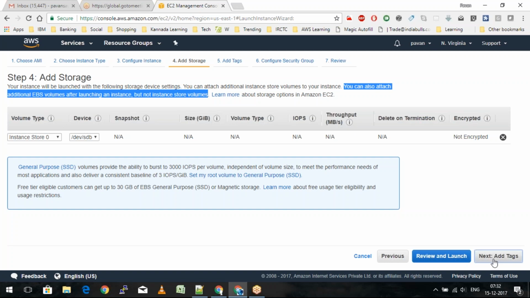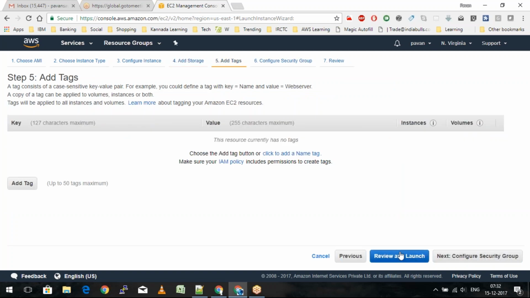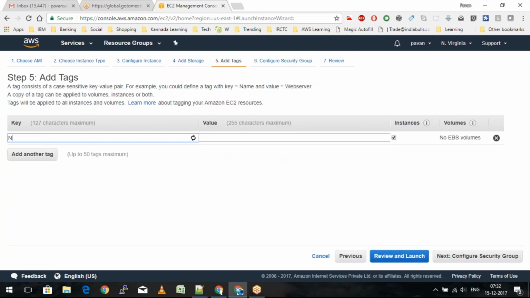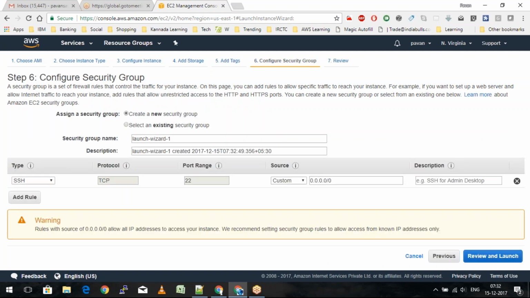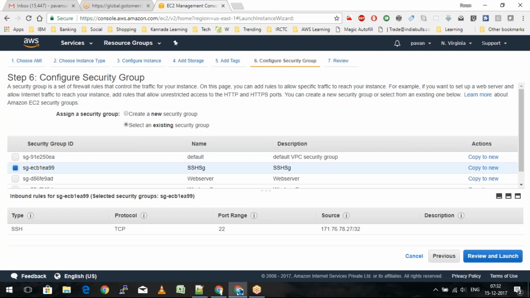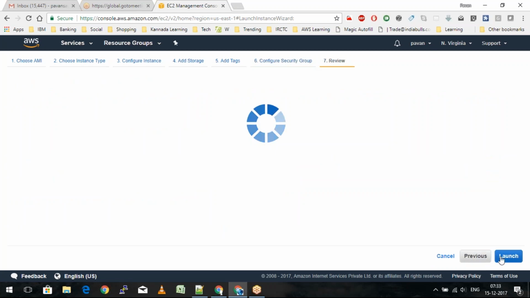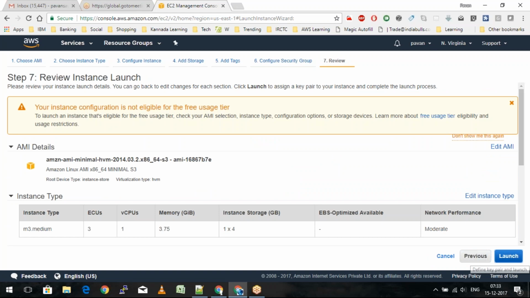So I'll quickly go ahead and add next tags. So I'll attach it to one of the existing security groups that we have, SSH, and then I'll quickly go ahead and review and launch this using one of my key pairs that I already have.